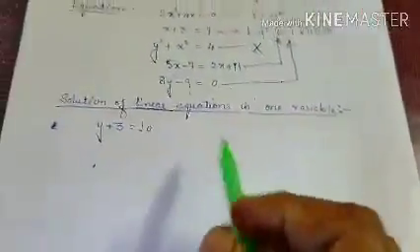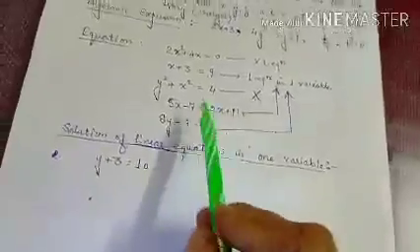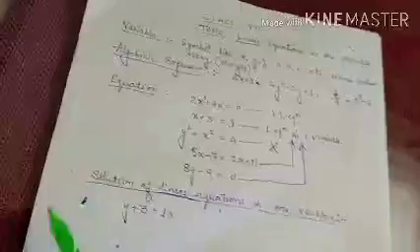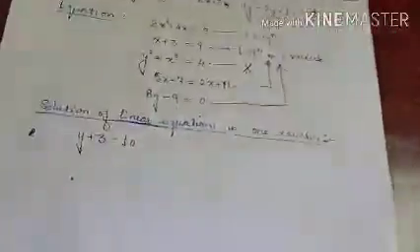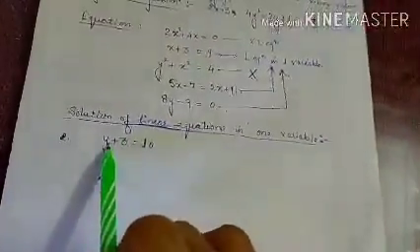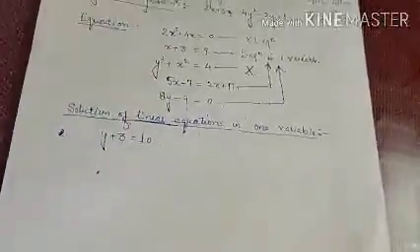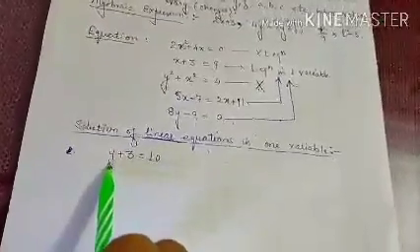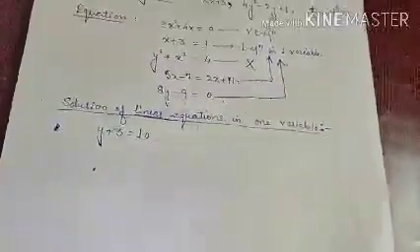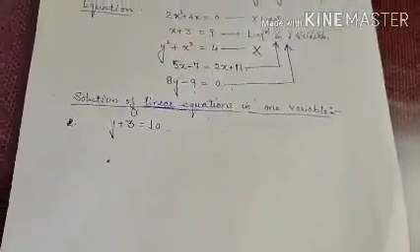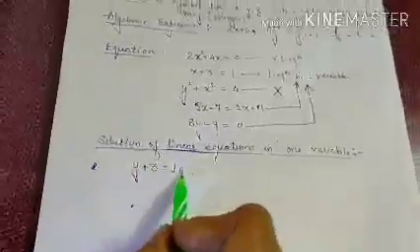Now comes how to solve such type of linear equation. What is the method of solving such equations? For this, let us take an example. First of all, we should know what is the solution. Solution means the value of the variable which satisfies the equation, that is, when you substitute that value, the left hand side becomes the right hand side. Then that value of the variable is called its solution. Let us take an example, y plus 3 equal 10.